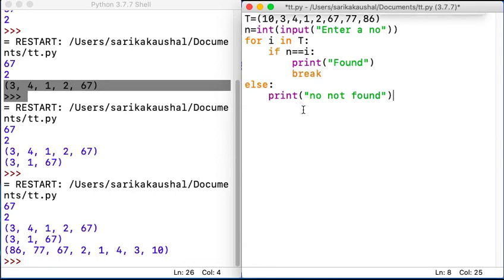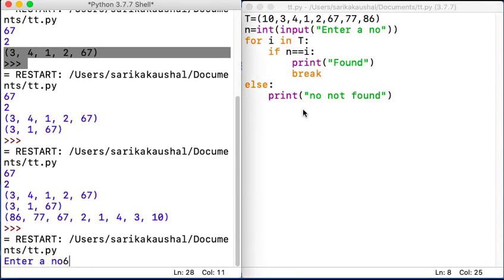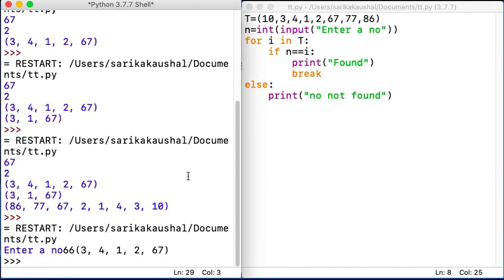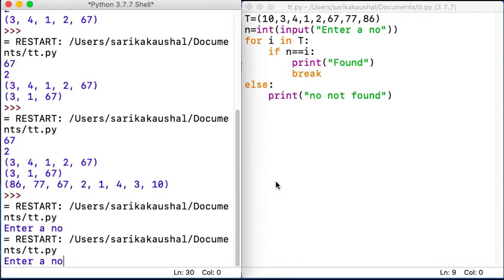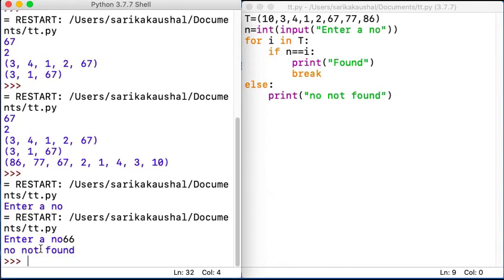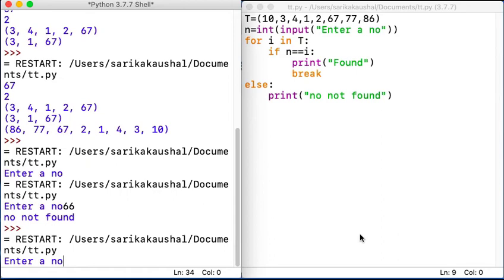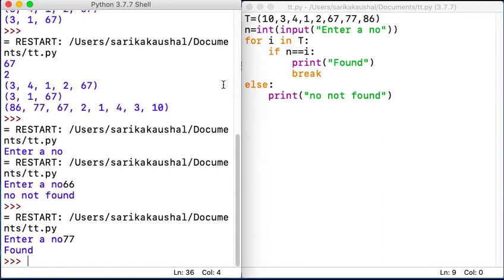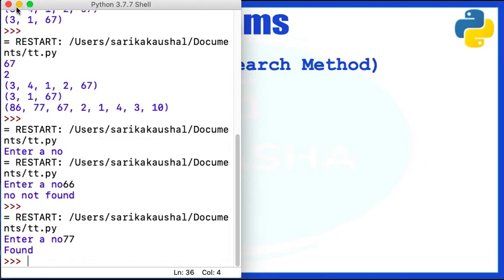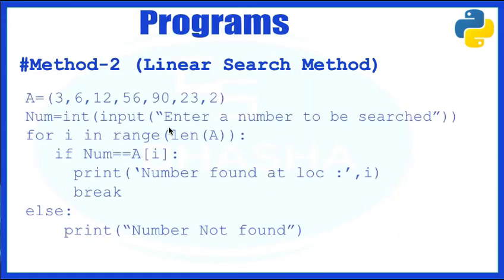So if I'm executing my program and I'm looking for a number, for example 66, what am I printing? int. I think I pressed the enter key a little early, so let me re-execute my program. Okay, if I say 66 and press enter, it says number not found. Similarly, if I execute it one more time with F5, and this time I'm looking for the number 77, it says the number found. So this is a simple linear search method where you're extracting every element one by one and checking with this.